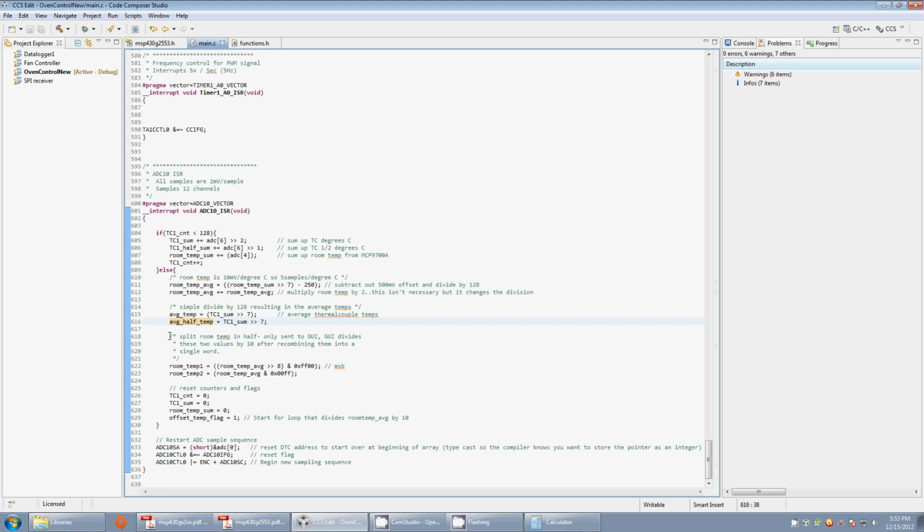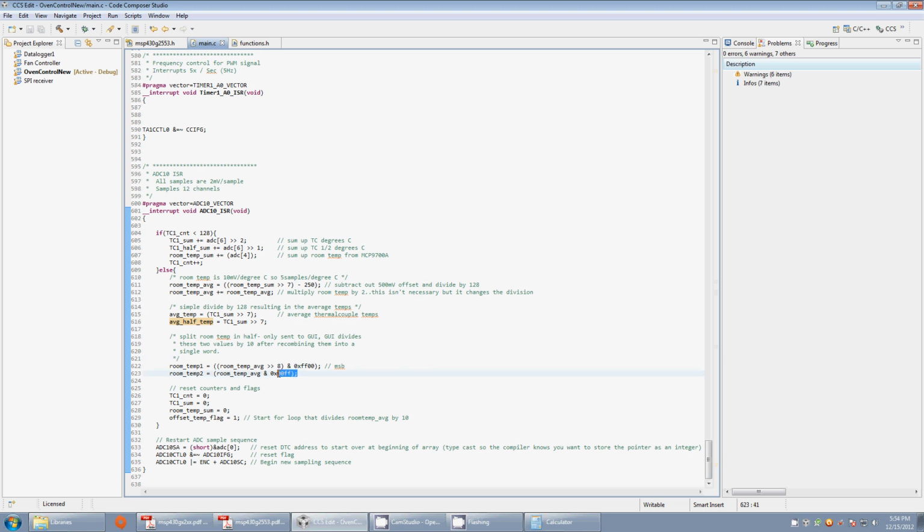Now this was used because I kind of solved the same problem in 2 ways, and we'll talk more about this with the GUI, but I had to send all this data across to the GUI. So initially, instead of dividing by 10 on the MSP, because I wasn't sure how to do that, I just broke this room temperature in half and sent it off to the GUI and divided by 10 in Python, because that's a lot easier. Turns out I figured out how to divide by 10 pretty efficiently. Well, maybe not pretty efficiently, but it's worked out pretty well. So you don't have to do it this way. This is one of 2 solutions